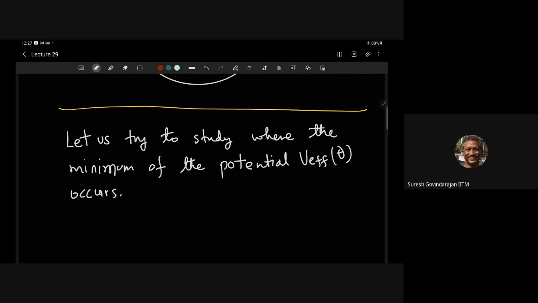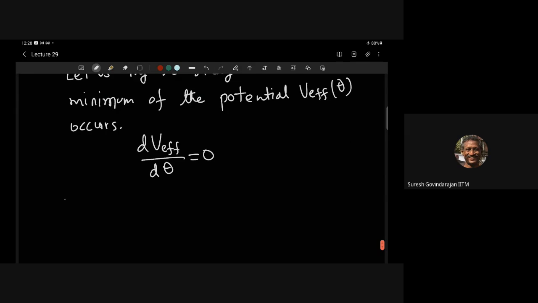I didn't prove that it will have that nice bell shape, so we just have to take dV effective by d theta and set it to 0, and solve for this. So we can do that. If we just do that, what we will get is 2